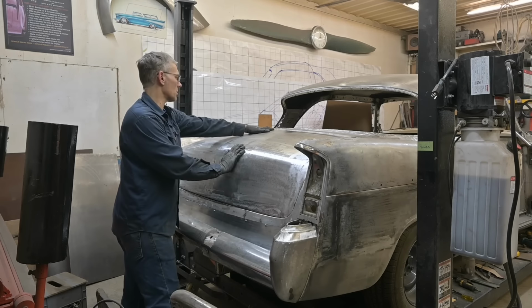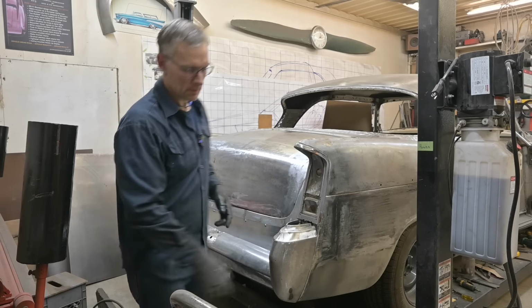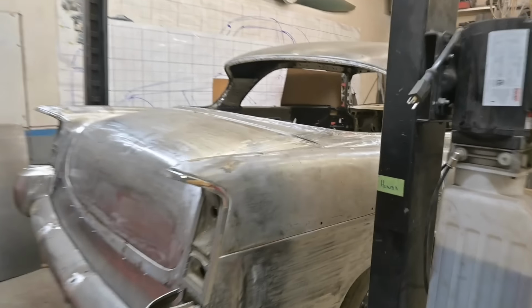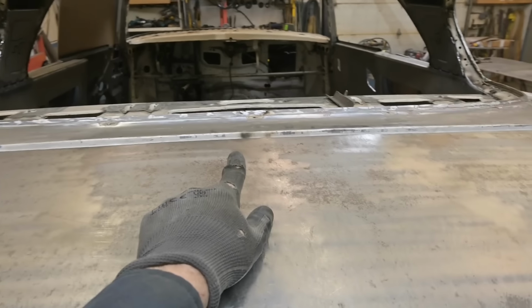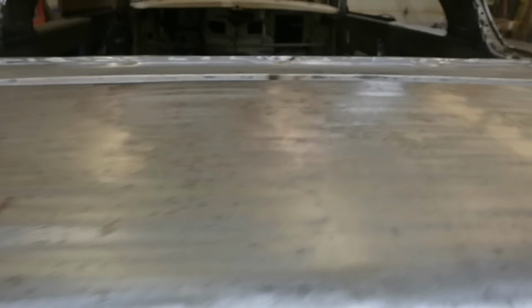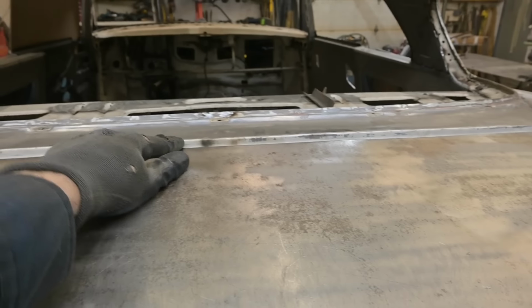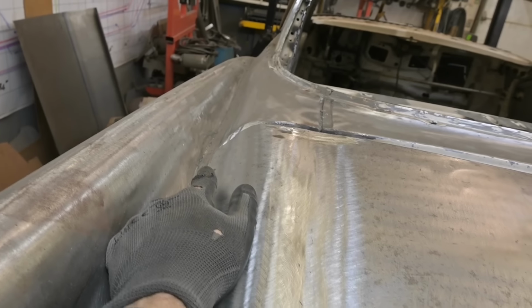And the center is low. Sides are out, center is low. Just when you thought we were done. Center, you can see, I can't push it ahead right now because it's going to slide back down. This amount that has to go in is this space here. You see, we're out past the body there,